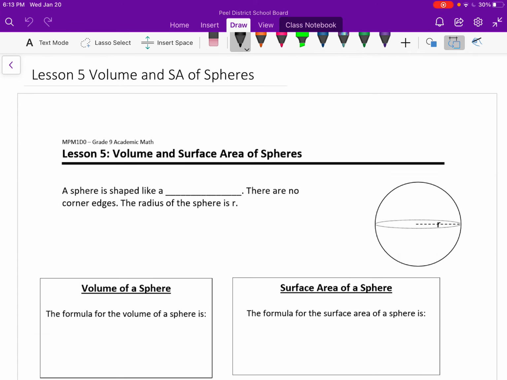Alrighty, class. So we're going to go over lesson 5 today. And lesson 5 is basically finding the volume, and SA just stands for surface area of spheres. Okay? So we're going to just get started, and we want to start off with the definition of what a